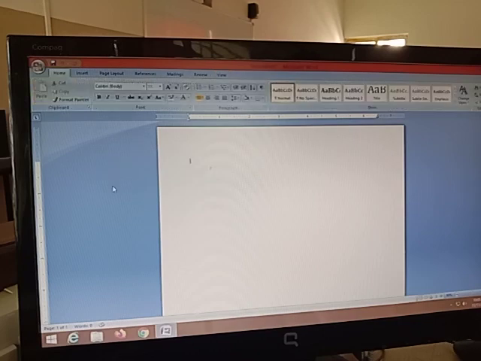After the menu bar, there is a standard toolbar which will help you to perform text editing, or if you want to format your text, that can be done with the help of the standard toolbar. After the standard toolbar, there is a ruler. You all can see this is called ruler. In MS Word, they provide you a ruler. After that, there is a main area which is called workspace or document, where you all have to type your text.